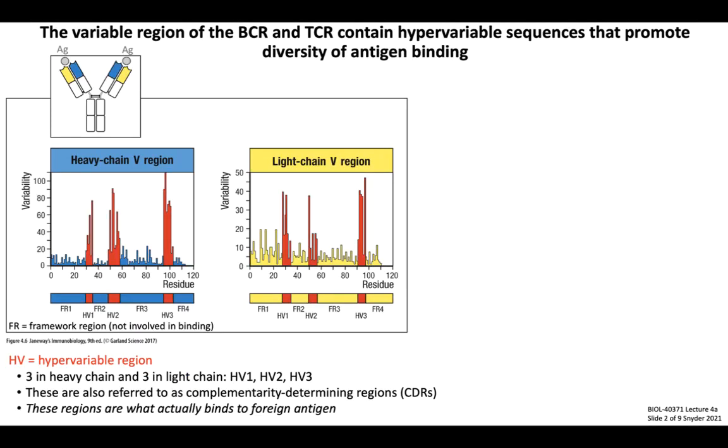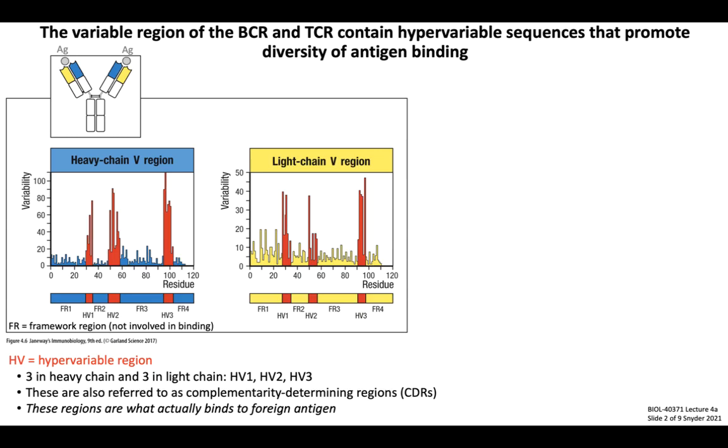Before we get into genetics, let's develop our understanding of precisely where variability is found in the structure of lymphocyte antigen receptors. The variability encoded in the antigen binding portion of lymphocyte antigen receptors can actually be mapped to specific segments of the protein called hypervariable regions, or HVs. In this example, let's consider an immunoglobulin molecule where the variable region is made up of both heavy and light